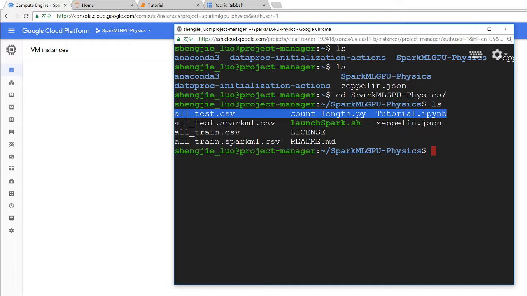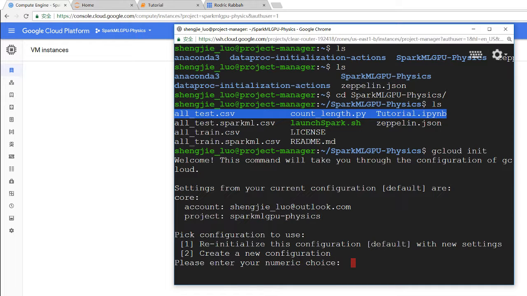First, you should initialize the Google Cloud environment here. I have set this environment before. The account is my email and the project is the project name shown in our Google Cloud Platform dashboard. We will use this